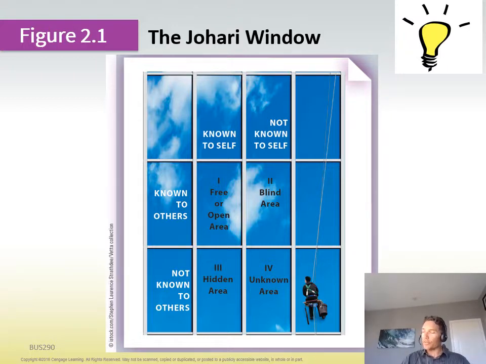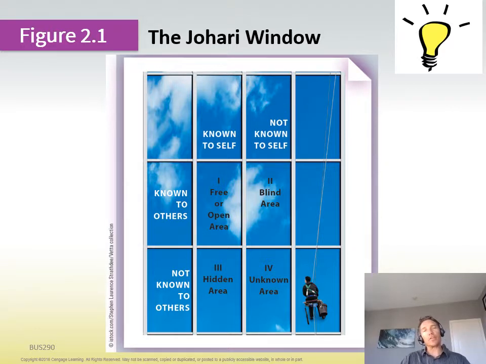Item 3 is hidden areas. So that's our secret behaviors that other people don't know about. So when we're home alone and no one else is around, we might be somebody who sells fitness lifestyles with an online website, but at home alone when no one's looking, we binge eat Reese's dark chocolate peanut butter cups and have a whole stash of them in our freezer, right? So a hidden area.